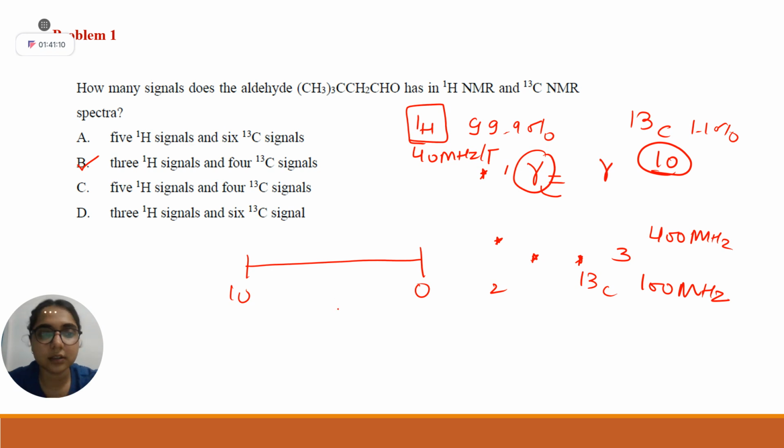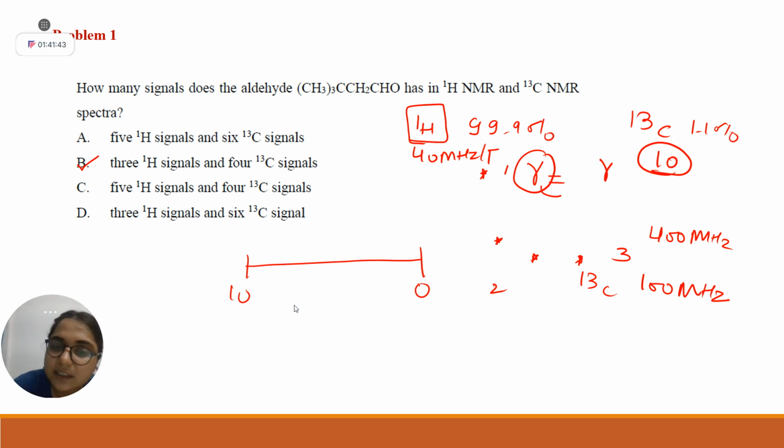Have you attended sir's lecture? According to that lecture, what have you understood? Ma'am, in the lecture it only says that proton NMR exists in 0 to 12 ppm and 13C NMR exists in the range of 0 to 200 ppm, and the reason was not explained there.